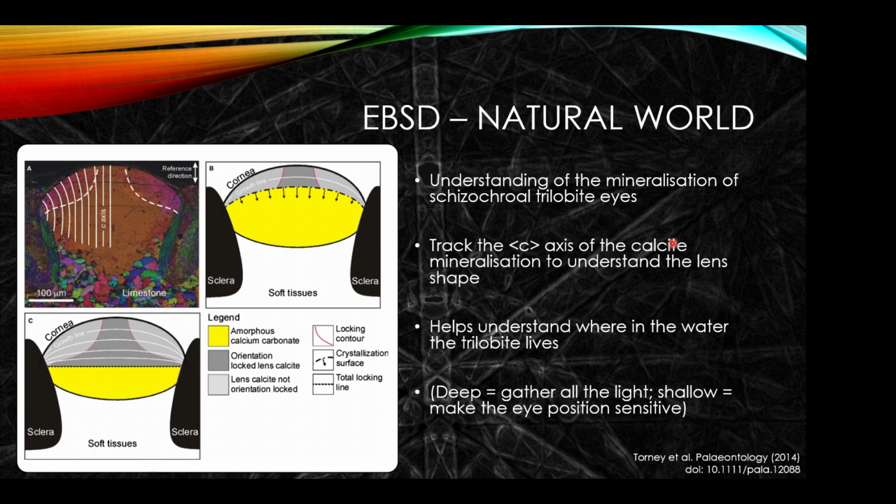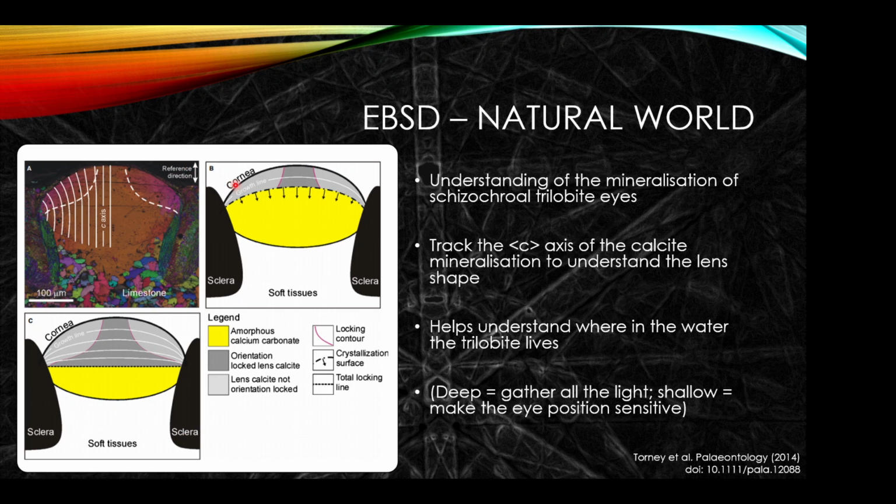I love this example from EBSD of materials in the natural world. Trilobites are critters that existed in the ocean. Broadly for this story, if the trilobite is located towards the top of the water, it would like to understand the direction of where the light is coming from, to see where threats, for instance, are. If the trilobite exists much lower in the water, it wants to gather as much light as possible. By looking at the mineralization of the lens in the eyes of the trilobites,